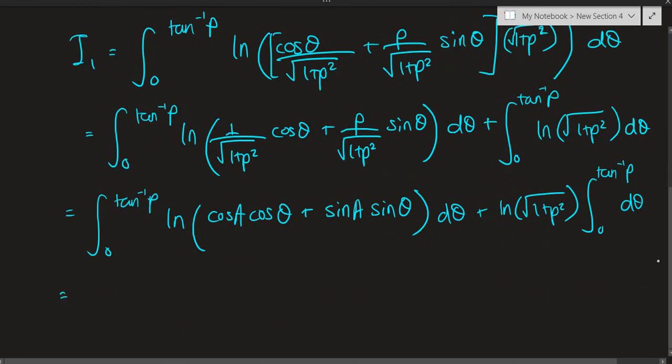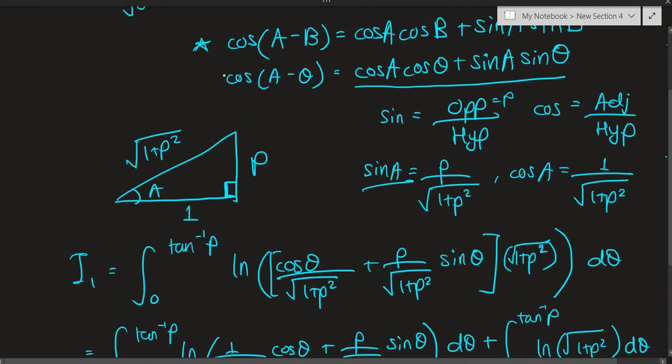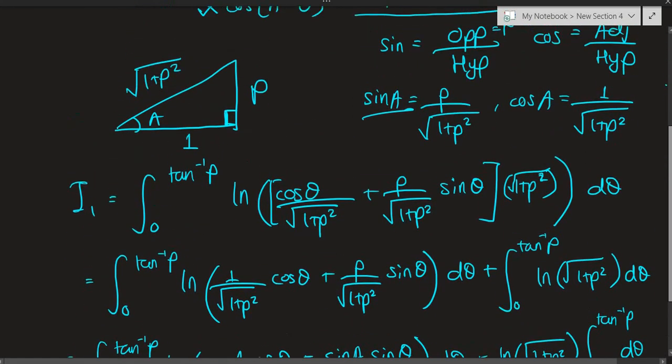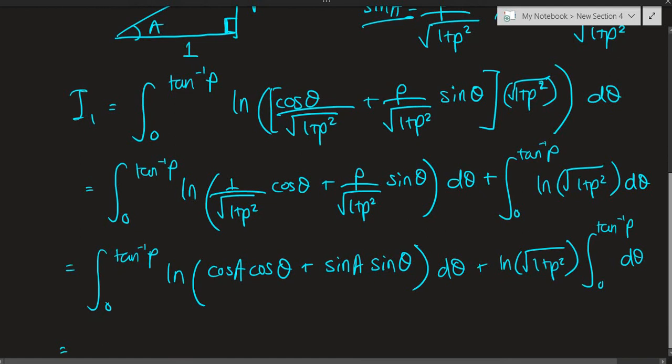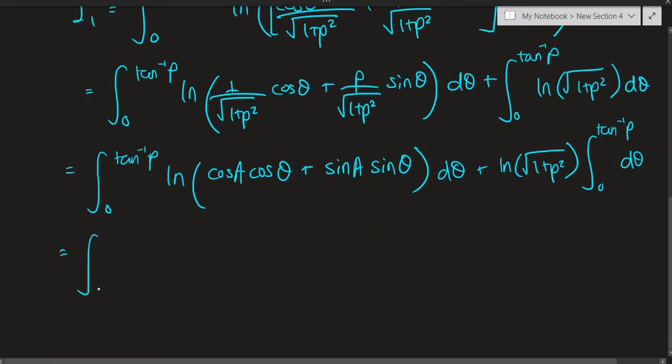So now in our first integral, notice we can just use the identity that we described very first. So all of this, we just have the same expression, cosine of A times cosine theta plus sine of A times sine theta. That is nothing but cosine of A minus theta. So I can totally convert everything into integral from 0 to inverse tangent of P of the natural log of cosine of A minus theta d theta